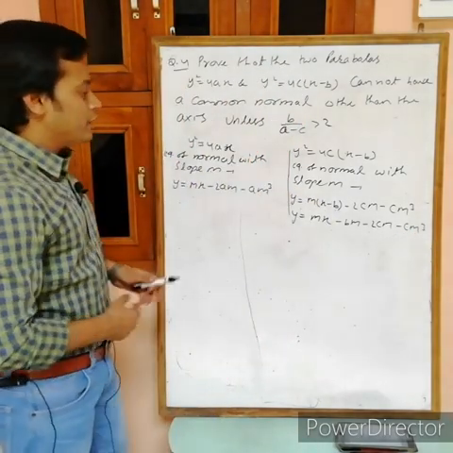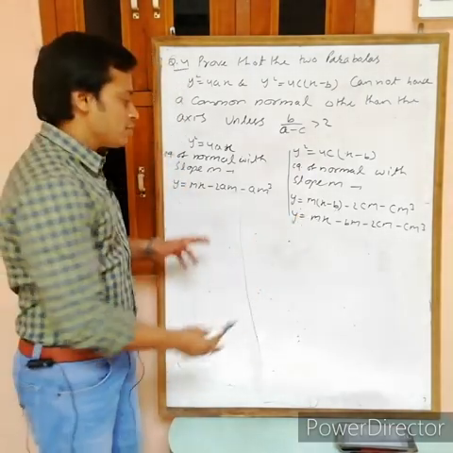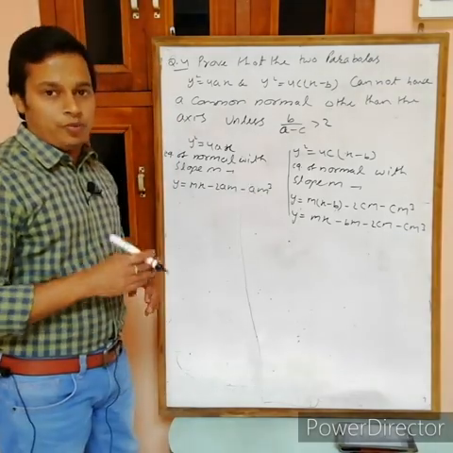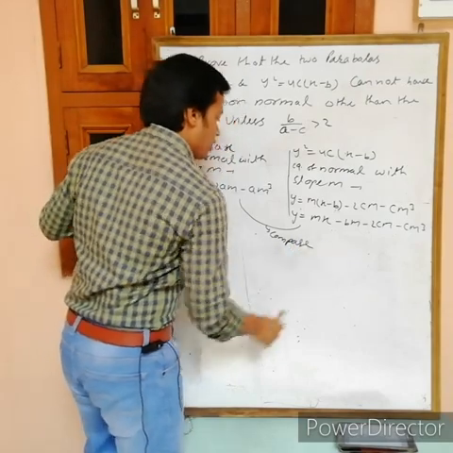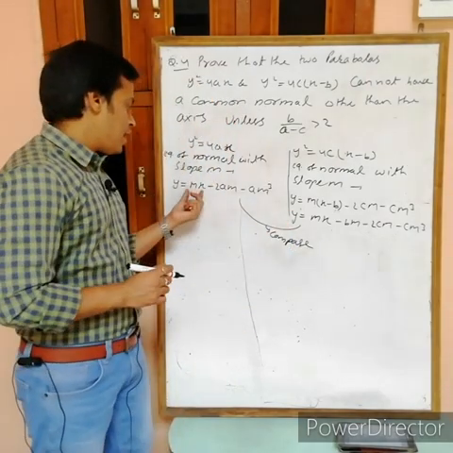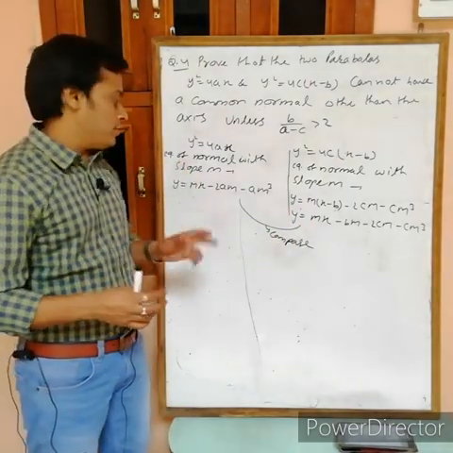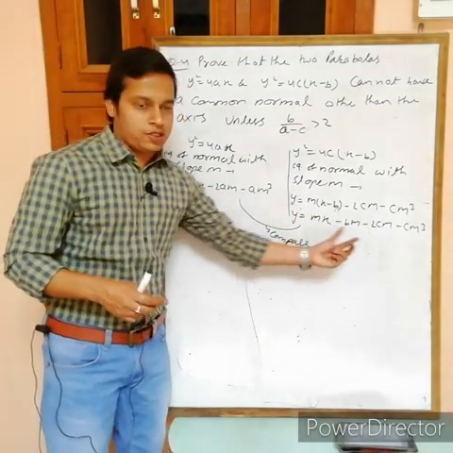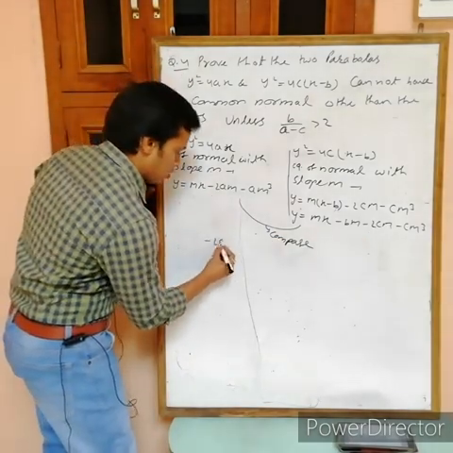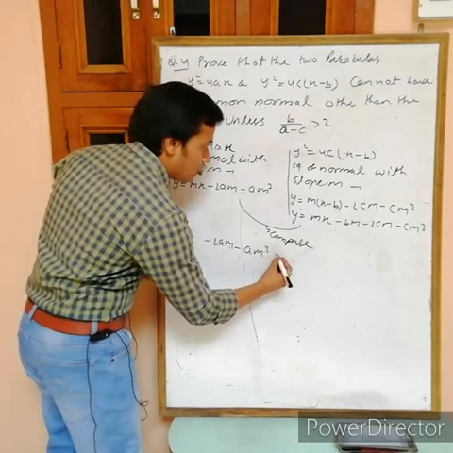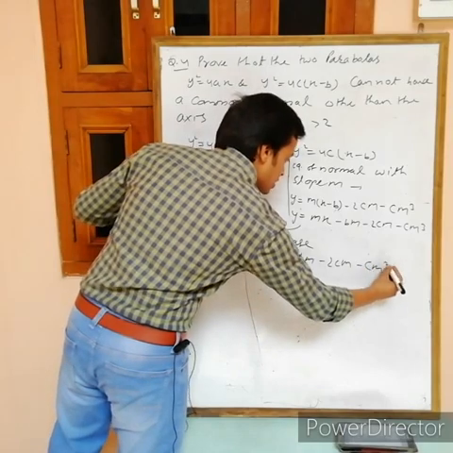Okay, now what do you want? We want the condition for common normal. Condition of common normal means these two values of m are such that both become the same. So compare both. y is the same, mx is the same, so up to this point it is the same. Only the c part changes, so c must be the same. y equals mx plus c, y equals mx plus c. So the c of this equation must equal the c part of this equation. So minus 2am minus am cube equals minus bm minus 2cm minus cm cube.